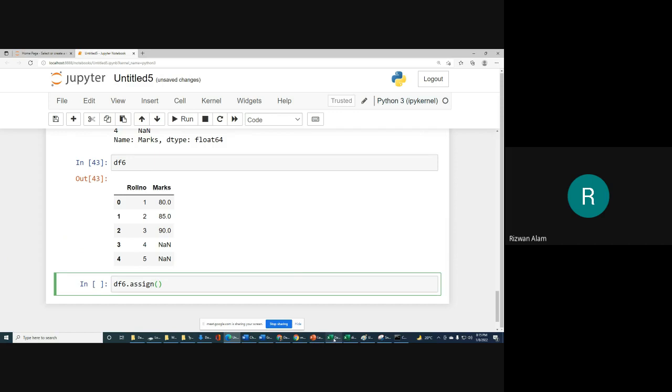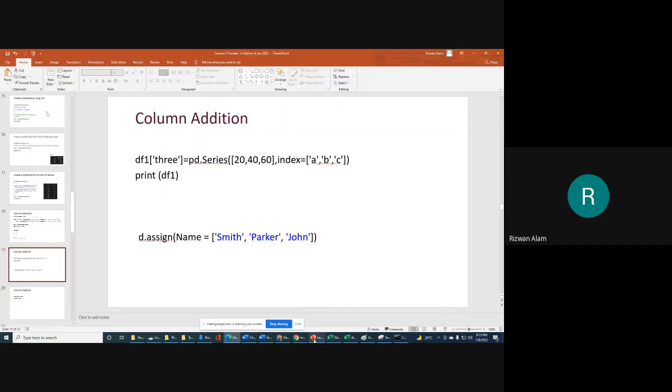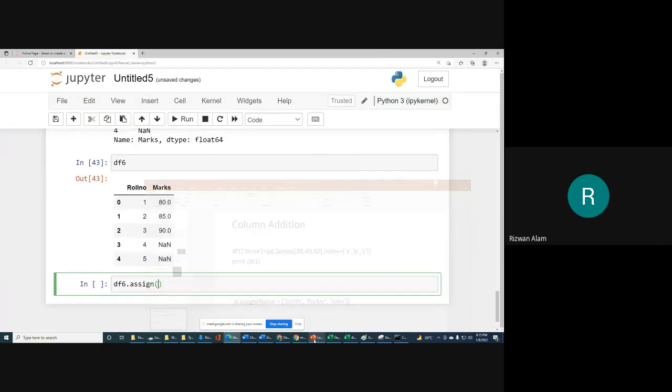Then we have to write section, and provide the values for section in terms of a list, for the values of that column.